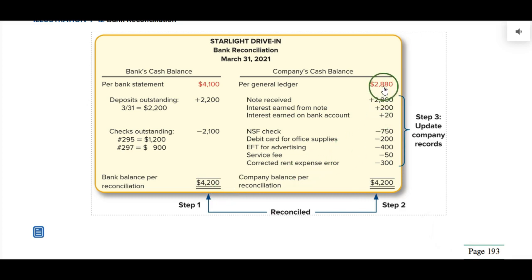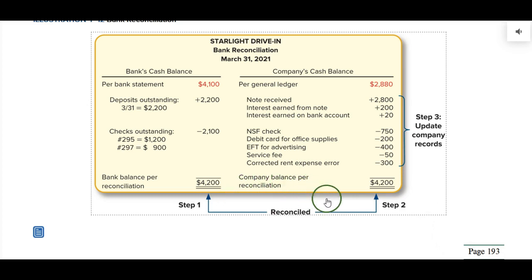Go to this side, start with the general ledger cash balance, make adjustments for items the bank has recorded already that we haven't. Quite a few over here, but we end up with the same balance. So we must do this. If these two numbers don't equal, then there's still something out there floating around you have not accounted for. So there's going to be an error someplace.